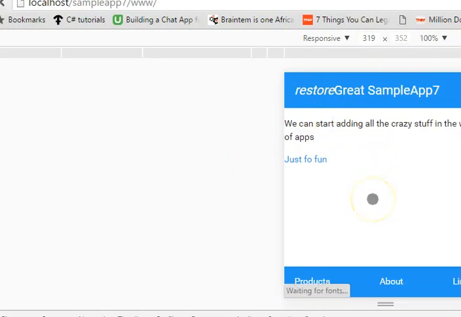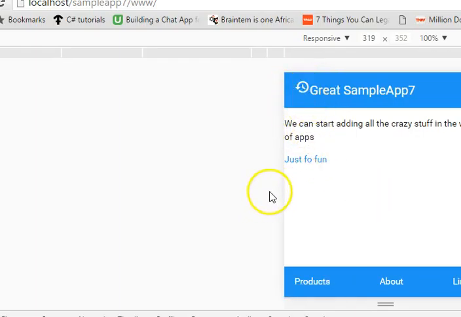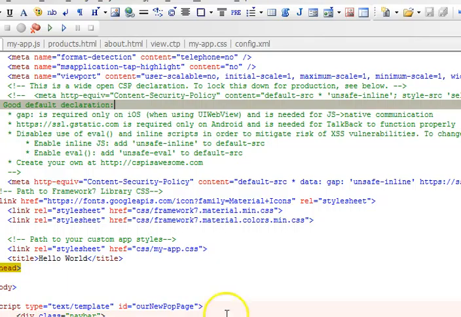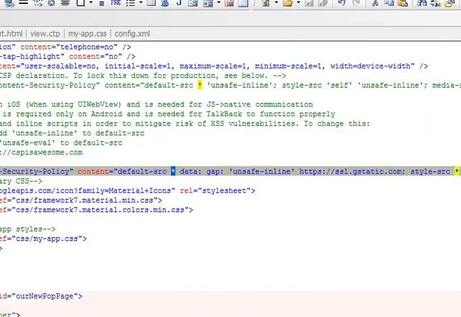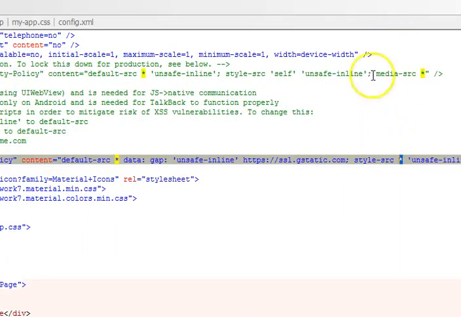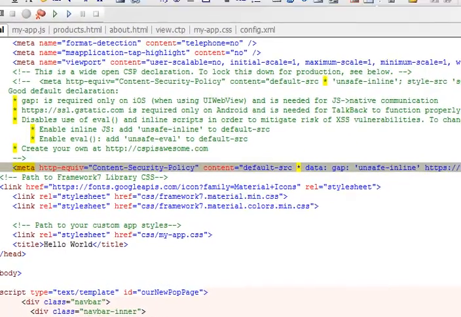Reload. Okay, our icon has appeared. So that's how to add an icon. Just make sure that any PhoneGap app you're building these days, this line is there. Content security policy. Make sure that it's there. Look for it, and then use the asterisk signs to change the external scripts you are adding. Alright,